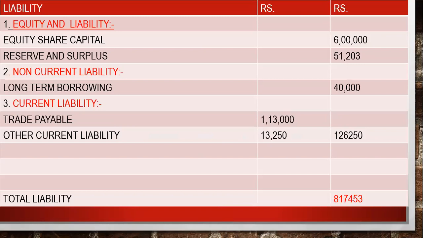Now here you will say: on other current liability, my salary outstanding was how much? My salary outstanding was 12,450 only. But I have taken other current liabilities that is 13,250. That is 800 I have taken extra over here. So you have to check whether there are extra outstanding expenses there, because in outstanding salary I have taken 12,450, but there is an outstanding of other expenses also. So we have to check over there.